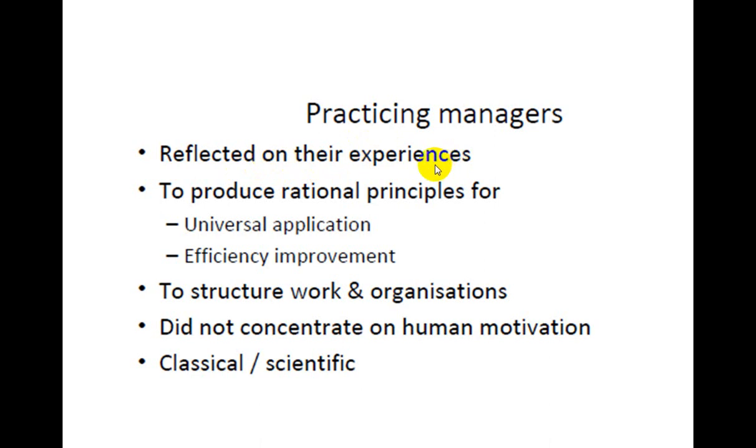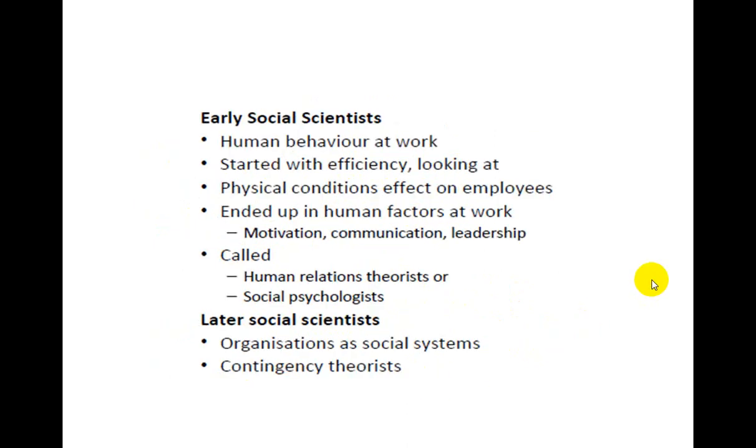Reflected on their experiences to produce rational principles for universal application, efficiency improvement, and to structure work and organizations. They did not concentrate on human motivation. Classical scientific. Early social scientists looked at the history of human behavior at work. It started with efficiency, looking at physical conditions and their effects on employees, and ended up with human risk factors,